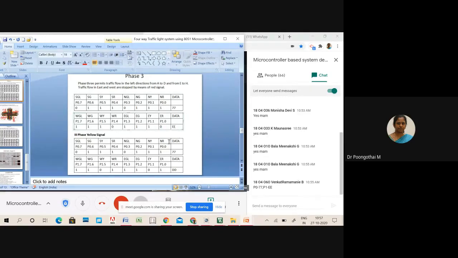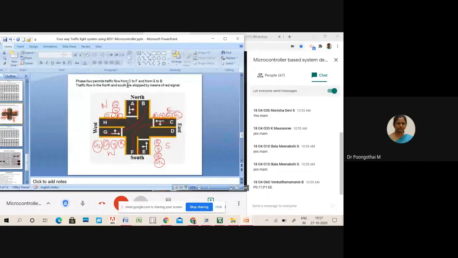So the answer is EE. Coming to the yellow signal, the red signal changes to yellow. So here EY is turned on and WY is turned on. The green signal remains the same. So this is about your phase 3, okay?